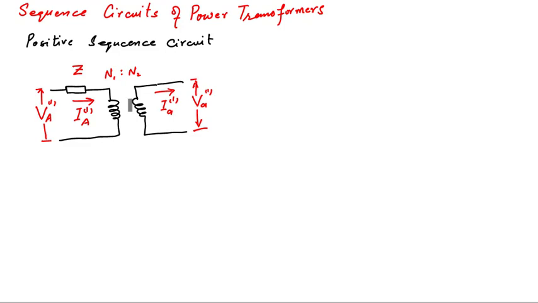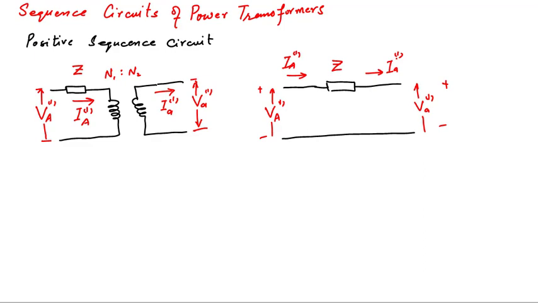If we present all these voltages and currents in per unit, this impedance in per unit, then the symbol of this ideal transformer will disappear. So it will become a simple series branch. Here the positive sequence circuit of power transformer has become similar to the positive sequence circuit of a transmission line. So due to this reason, we say that the positive and negative sequence equivalent circuit of transmission line and transformers are similar when we represent the transformer equivalent circuit in per unit.